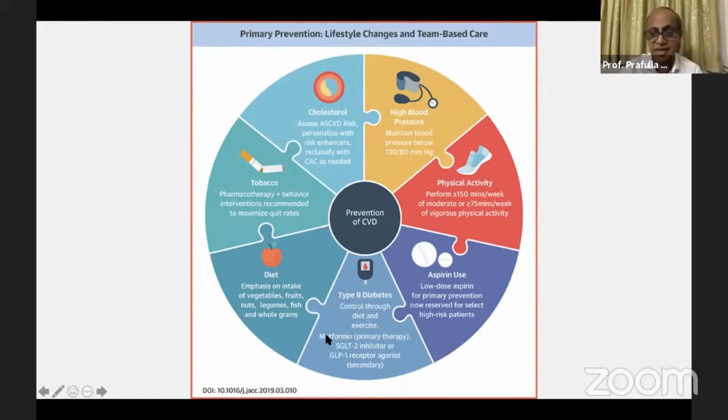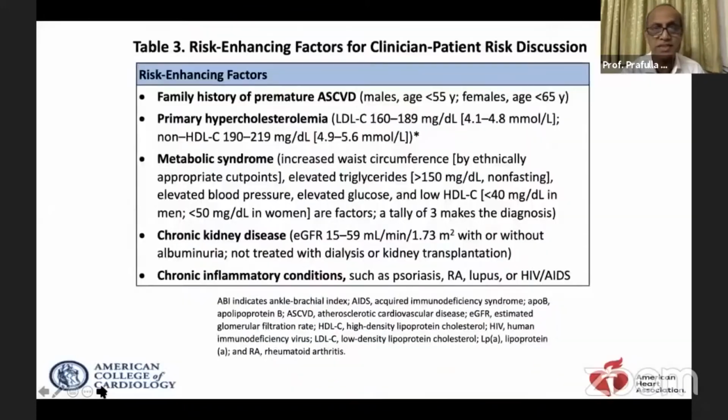About diabetes, you are already aware, thanks to PCOS, of metformin therapy. But after that, as a secondary therapy, these are wonder drugs today, SGLT2 inhibitors, and she could become a candidate, especially for established diabetes management, even by all guidelines, and definitely so if there is an established CVD occurrence in any one of your PCOS patients.